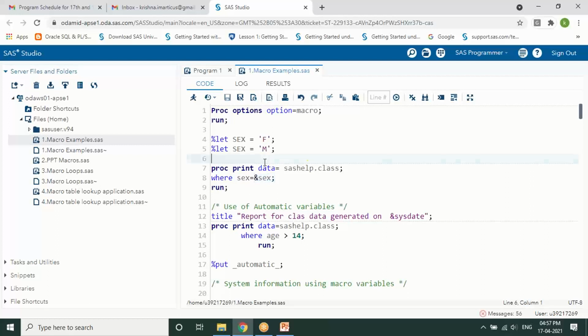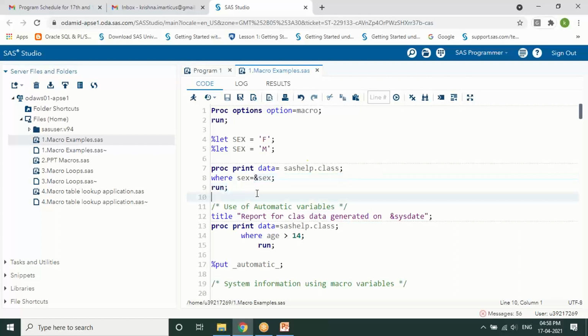For example, assume that you have this value to be called for n number of data sets. Every time you would be writing a condition and doing everything. Instead, wherever you want the value F, you just call it with the ampersand and the variable name, making it simpler. So your value can be used any number of times. This is an example I've created, but when you're writing code, this will be really useful for us, for any values we want to call out.